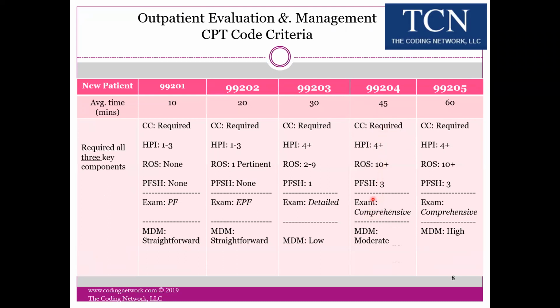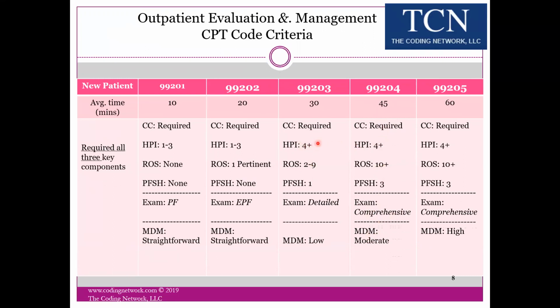The second component, key component, is the exam, which would need to be comprehensive. And then medical decision making would be moderate. So those are the 3. Comparing that to a 99203, for example, which doesn't require quite as much, you still need those 4 elements of HPI